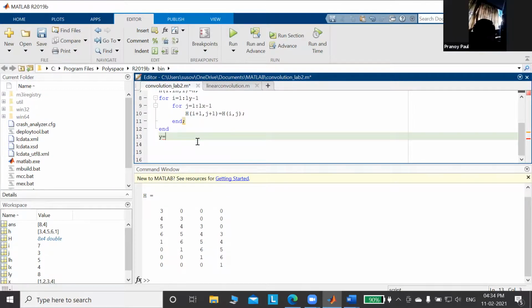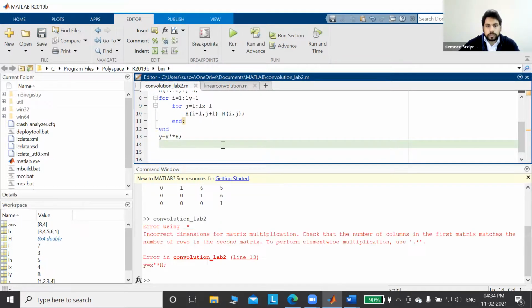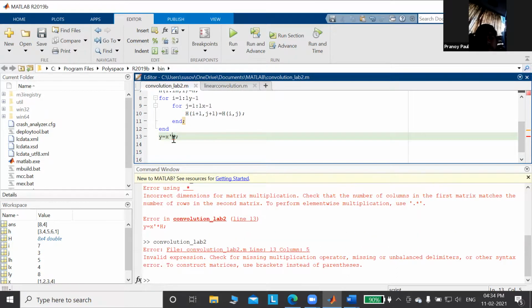So we have to write x, which will be a transpose, x into, just a minute, x into h. Okay, if I run this program, sorry.